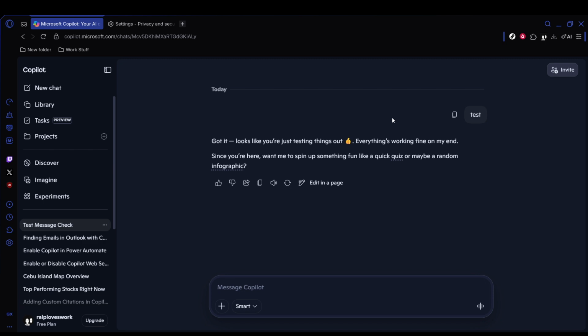account sign-in changes. By working through these fixes in order, you give Copilot the best chance to reset properly without changing any